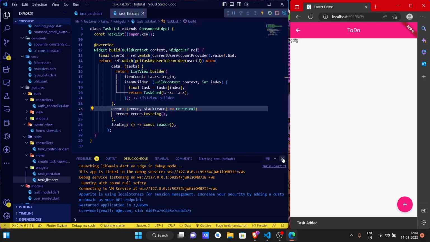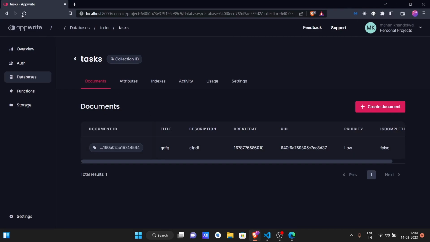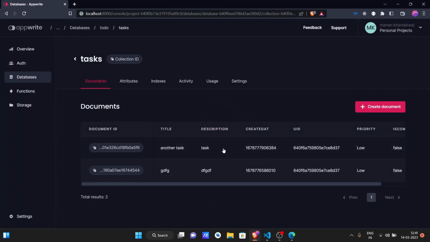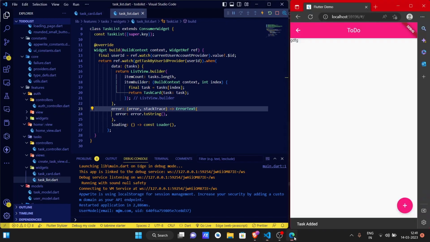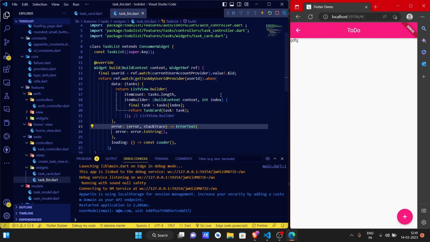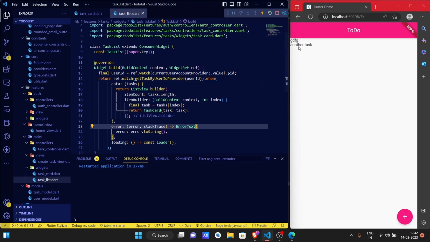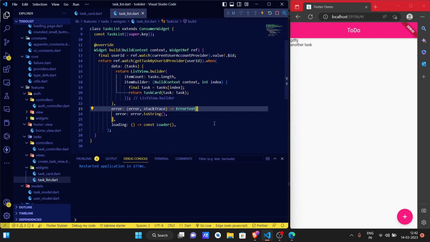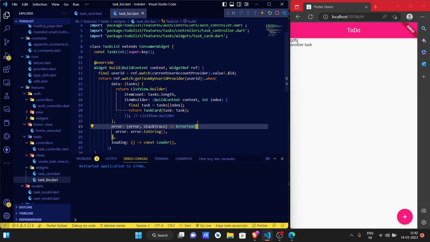This task is added in our Appwrite console, as you can see, but it is not adding in real time. So for that we need our real time provider. We are going to use the get latest task provider to get the tasks in real time. If you restart the app, you're gonna see another task. So to get our tasks in real time,